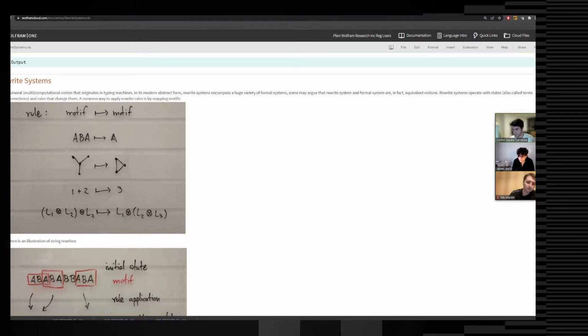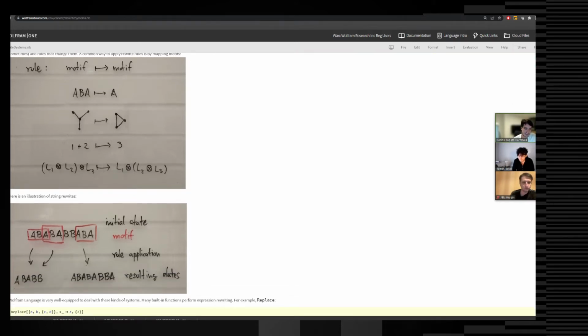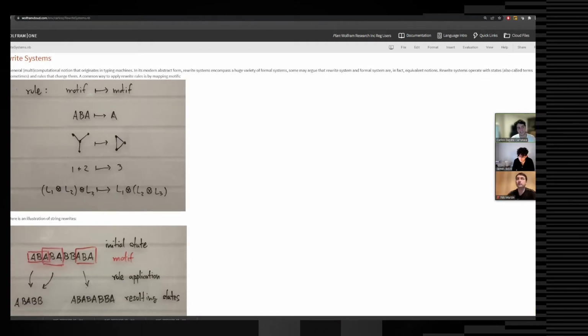So a rewrite system basically is a collection of rules that apply to some kind of states that can be of many different kinds. You have strings, you have graphs, hypergraphs, you have expressions like in arithmetic, you have abstract algebra, all kinds of things. And so the idea is, as illustrated here, you begin with a particular state, we call the initial state, and then one special kind of rewrite rule that is very common is the motif detection rewrite rule. So it's something that is based on detecting motifs and changing a motif for another motif. And a motif is basically just a sub-expression, like a sub-term of a larger object.